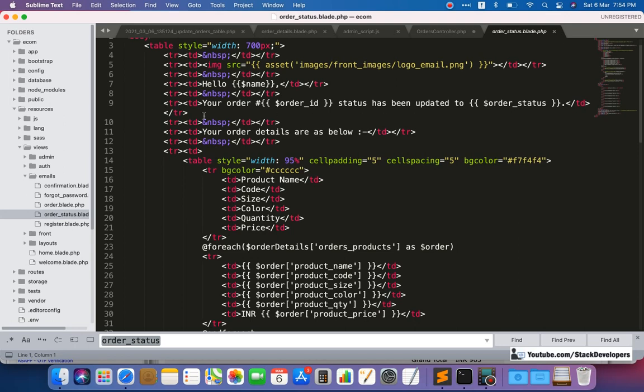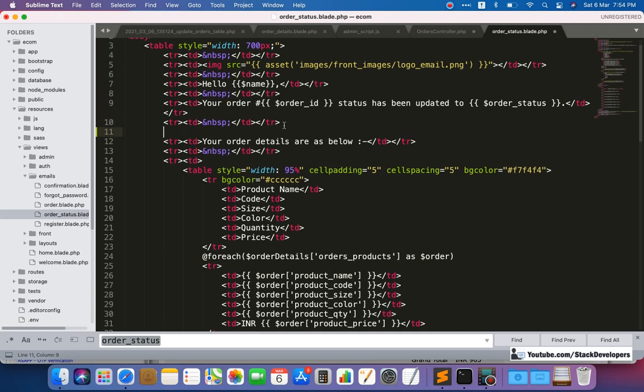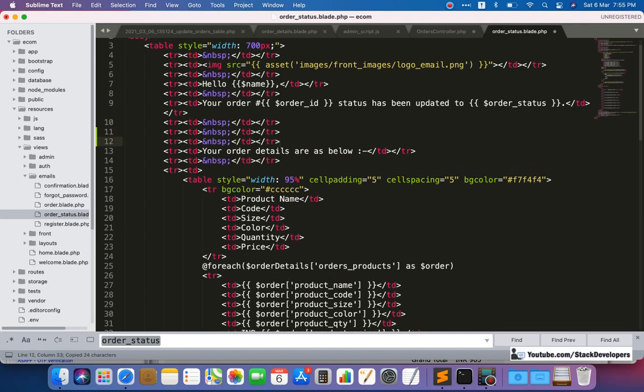Your order status has been updated to this one, and here we are going to add, we will take two like this, same, and here we are going to add: at the rate of if not empty dollar courier name and not empty dollar tracking number.